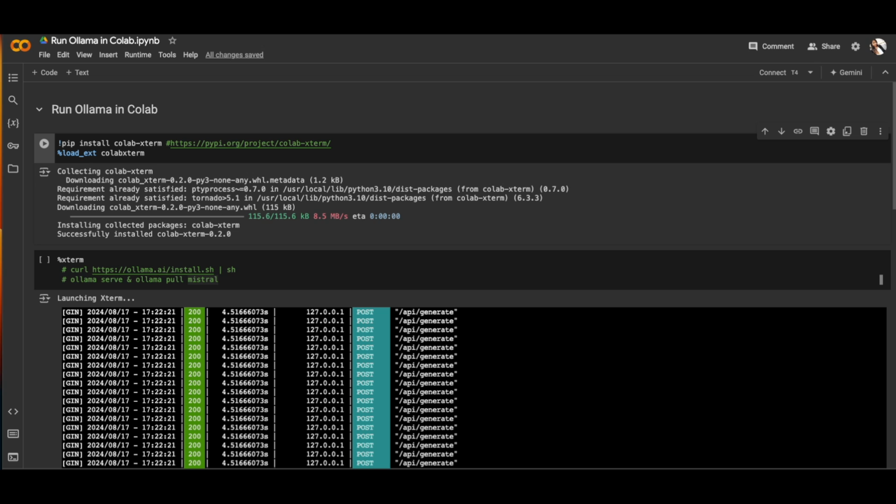So let's dive in. I have already prepared this notebook to run Llama from within Colab. To run Llama, we need an extension like the Colab Xterm package. This is an extension for Jupyter Notebook that allows you to open a terminal session within your notebook cells, and it provides a way to interact with the command line directly from your Jupyter environment. To install it, we can do pip install colab-xterm,